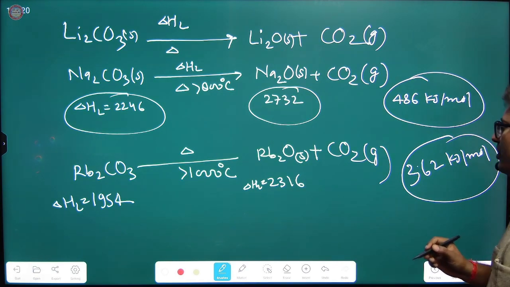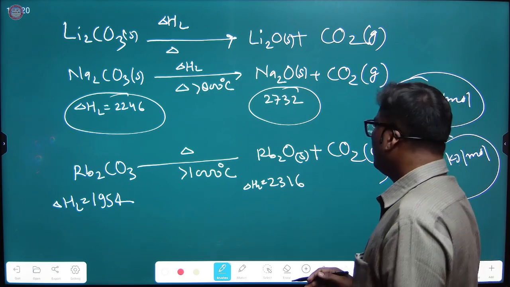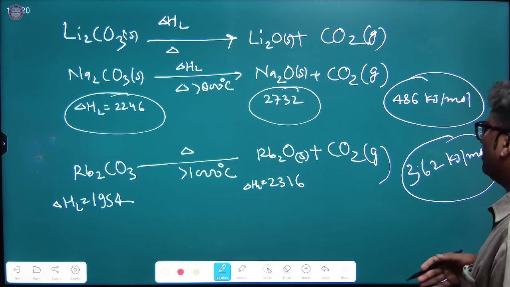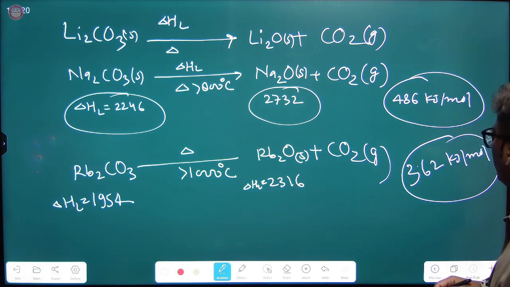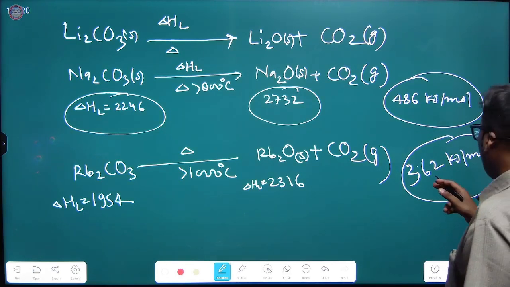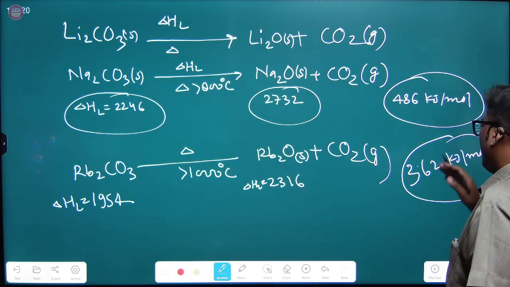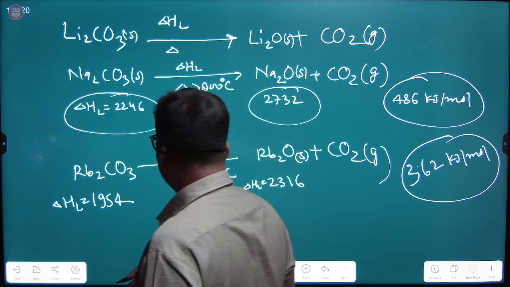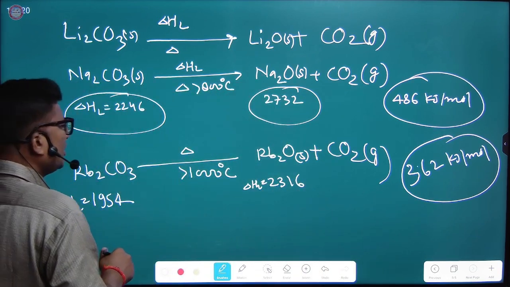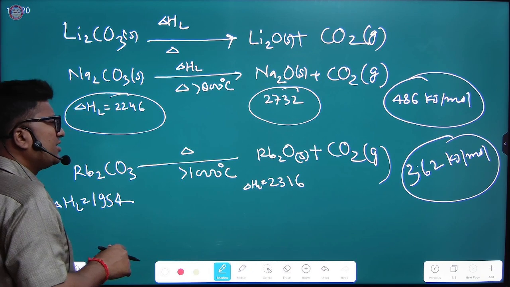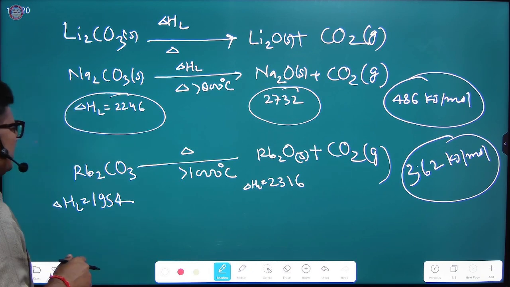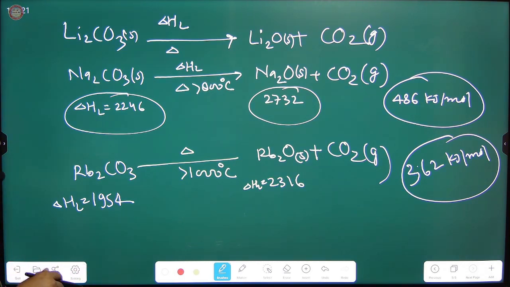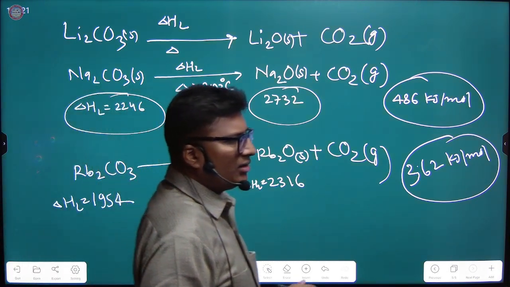As you move from top to bottom, the formation of monoxide is not so easy because the differences of lattice enthalpy decrease from top to bottom. It means that the lattice enthalpy for monoxide is low, or you can say that lower carbonates are more stable, and